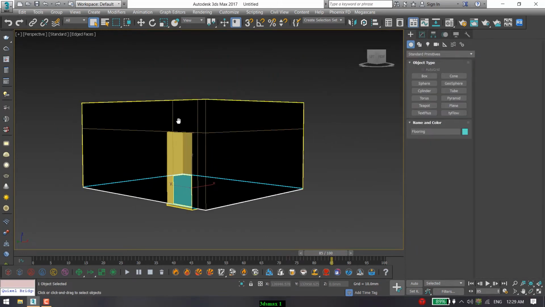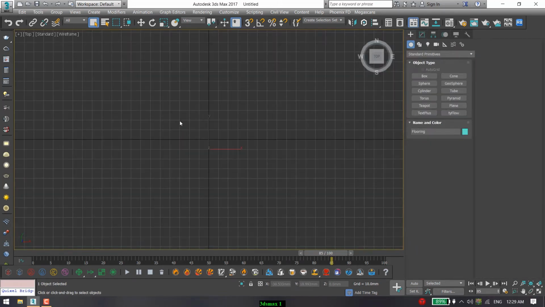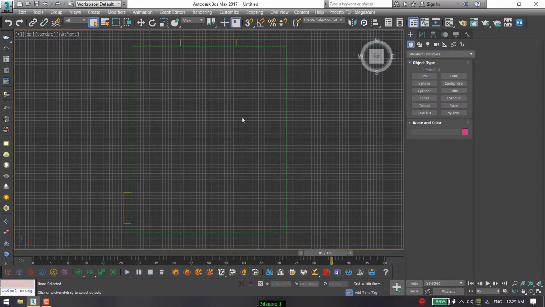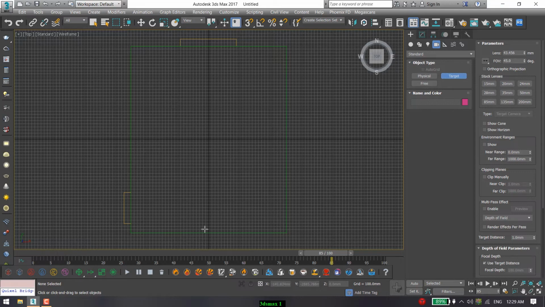Now I'm going to press T, press Z: T for top, Z for zoom, and after that go to the Camera tab and I'm going to use a target camera. Turn on your snapping mode, you can see the 3 and the magnet, it's the snap mode.